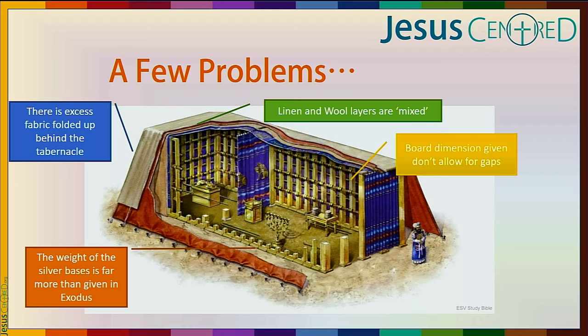There's an excess of fabric at the back, that's the little blue one. At the sides, if you look very carefully, you'll notice that the blue layer doesn't quite reach the floor. You can see it on both sides of the tabernacle. So the wool layer doesn't quite reach the floor, but the other layer just makes the floor. Running across the top of the tabernacle, things aren't quite long enough to reach the ground. But at the back, there's piles of the stuff. It's just what happens if you put a big square over it.